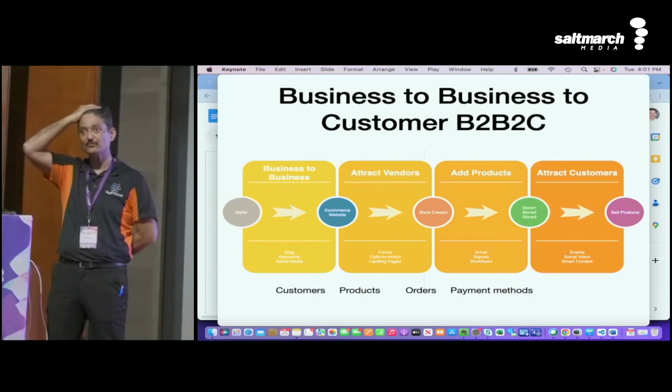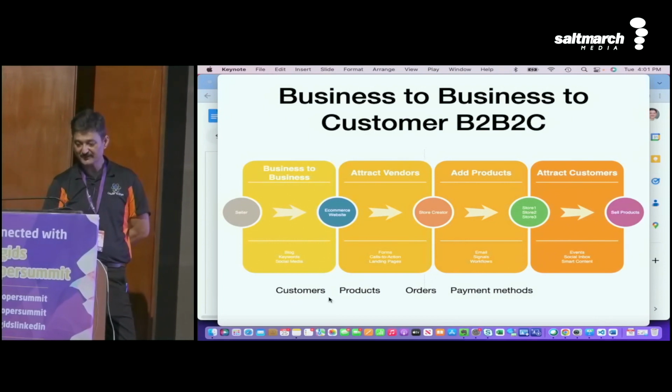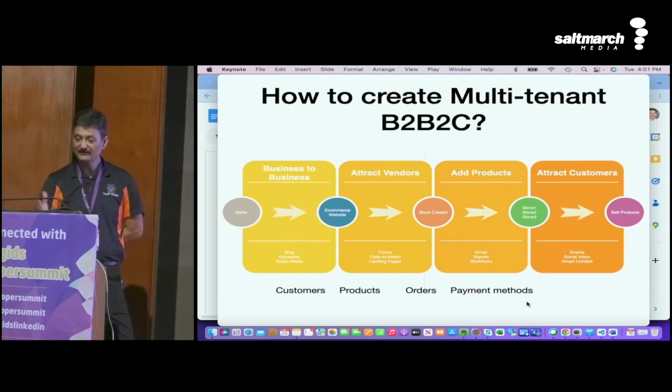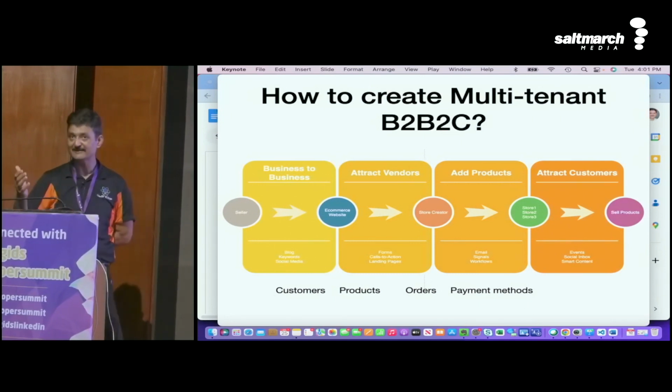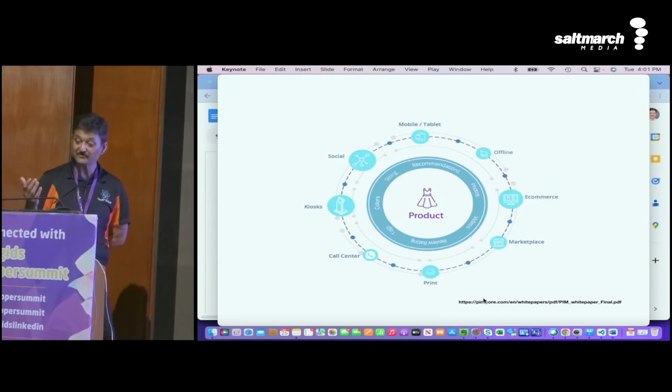I'm going to create a swim lane for them. What does that swim lane mean? They will have their own customer data: customer table, products table, order table. That means they're customer aware. When you're trying to build a B2B2C multi-tenant system, as in this particular case, that means product